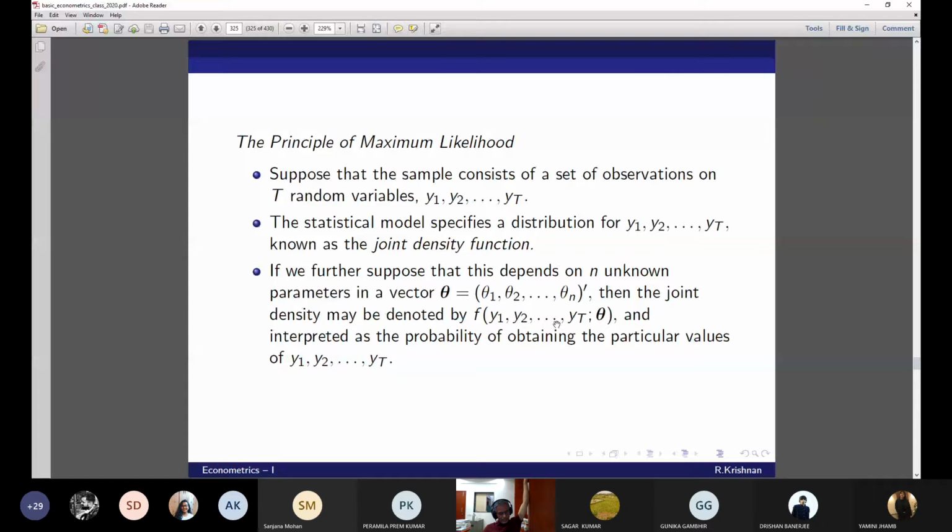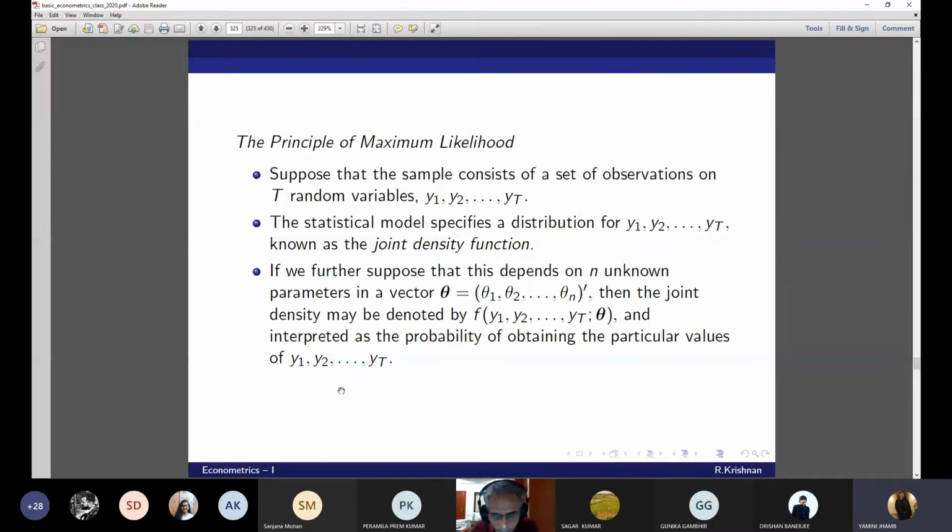Any density function depends on a set of parameter vectors. So what are we saying? This set of parameter vector must have given rise to this sample of observations. The joint density function is interpreted as the probability of obtaining this particular sample for any given parameter vector theta. And our intention is to maximize this probability. So given a value of theta, we are trying to maximize the probability that we obtain these values.